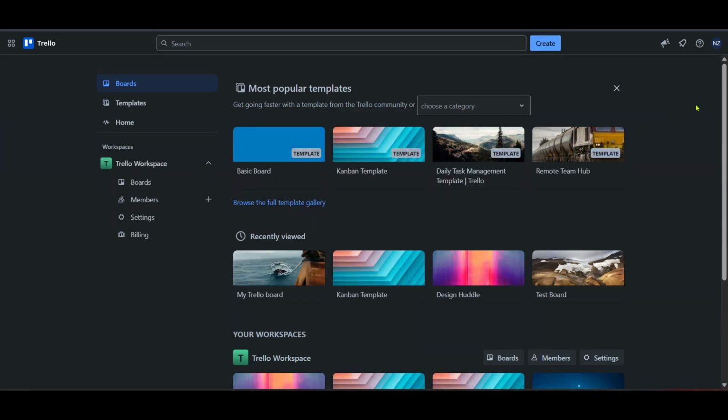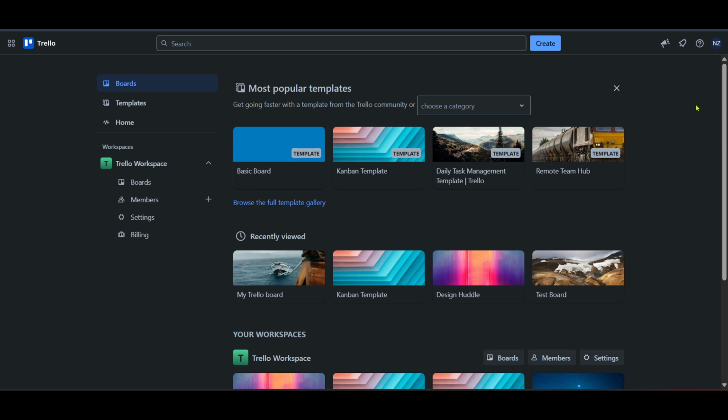The first thing you might want to do is create a new board. Boards in Trello represent projects or categories and are the main way of organizing your tasks. You can create multiple boards depending on your needs, whether it's for work projects, personal goals, or anything else you'd like to organize. Explore the different features Trello has to offer, such as creating lists and cards, which can be